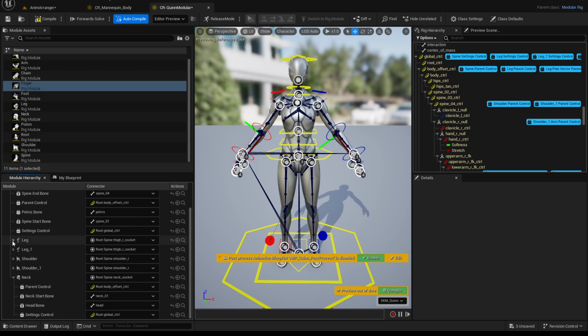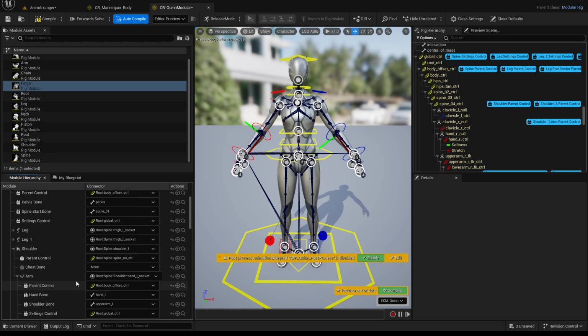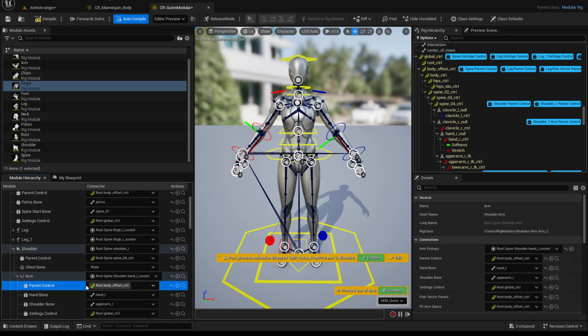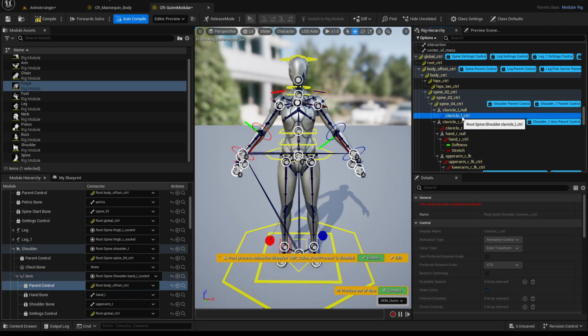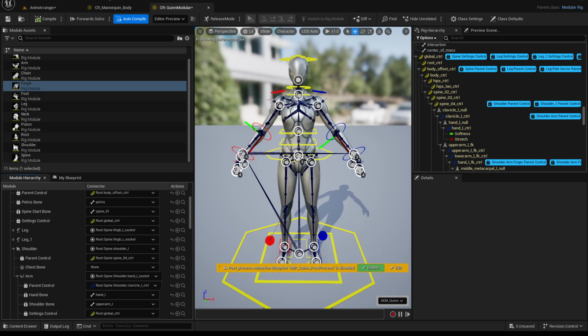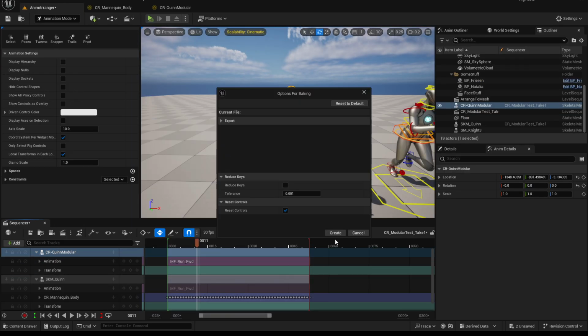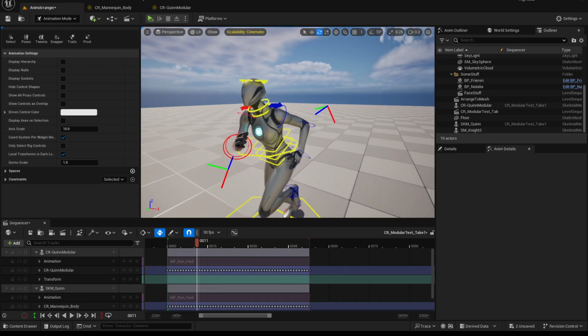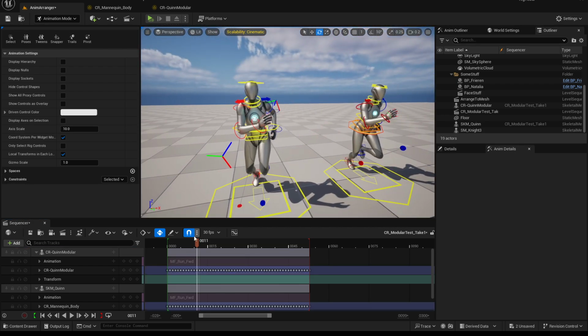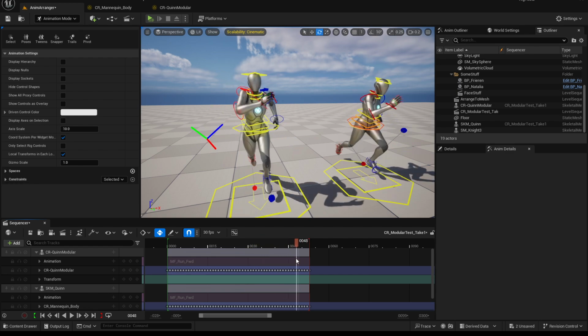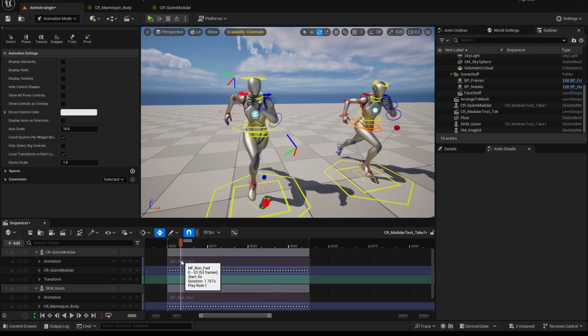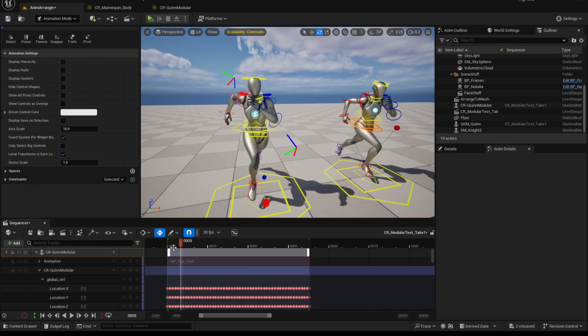Let's do that, and let's close shoulder, and let's go to the other shoulder. This arm under this shoulder, this is the left one, and it should be parented by clavicle left controller. If we do this, let's save it, and let's try to bake our animation again. You will see the correct result afterwards. This is gonna be working fine. Even if you change the IK controls right now, it's gonna work. But